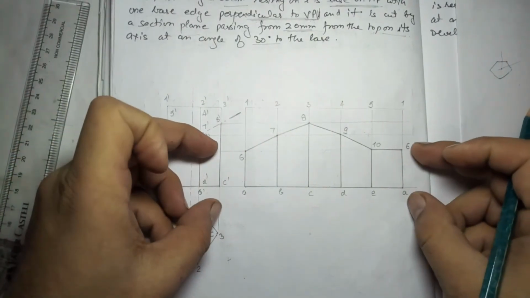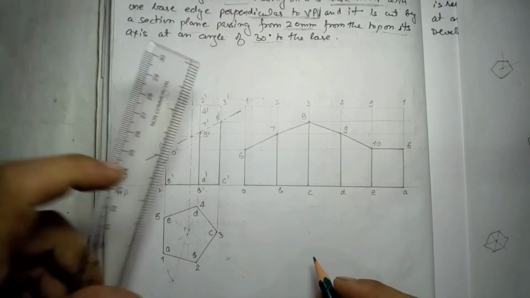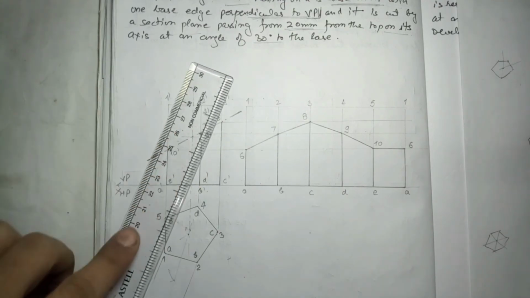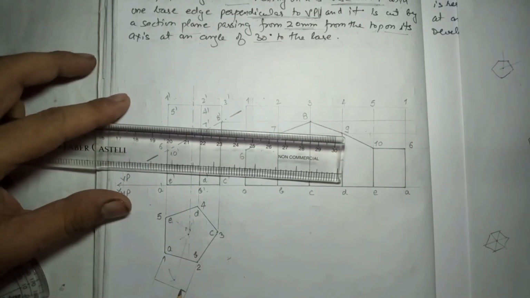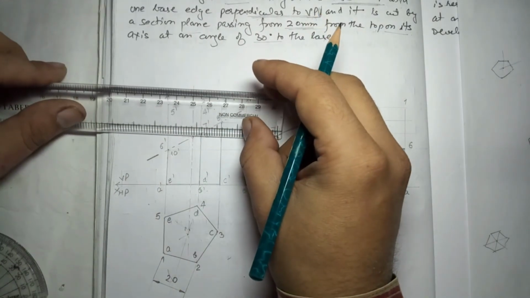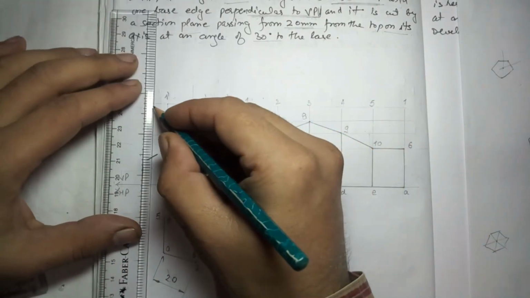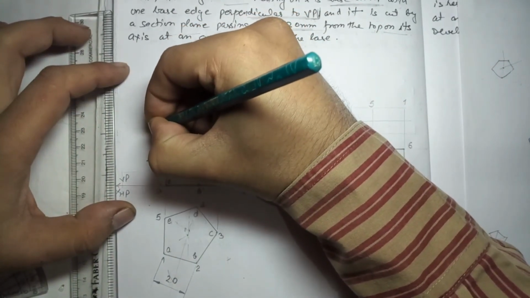Now you can see if I join 6 and 6, A and A, I'll get the sectioned object as I'm showing. Now we will do the dimensioning to this one base edge only, no need to give all base edges. So here, now if you don't want to show the arc, you can erase that arc also here, the arc which you draw for finding the axis. So it is given 20, that was very light, so I'm giving dimension on that, no issue in this. So we have taken the section line from the 20 from the top, so I'm giving the dimensioning to that, so it is 20 from the top.